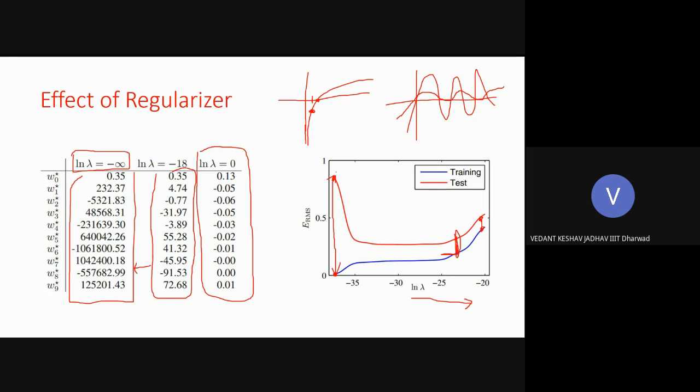It means the training error will be high. It means it is going towards the underfitting situation. So if you do lambda equals infinity, then it will be a totally underfitted situation, and you are using a wrong model to fit the data set, which is very, very less powerful.